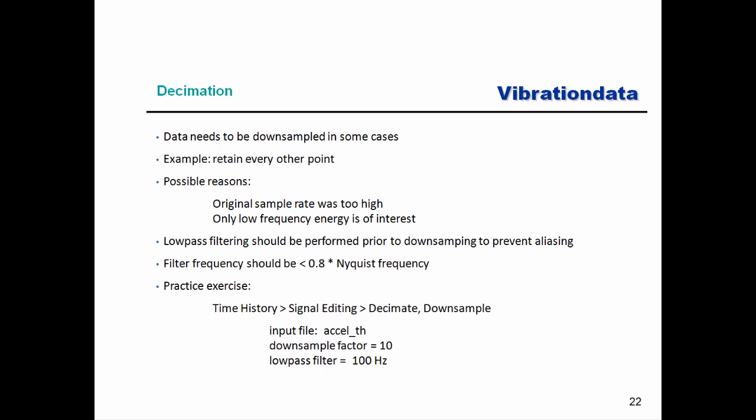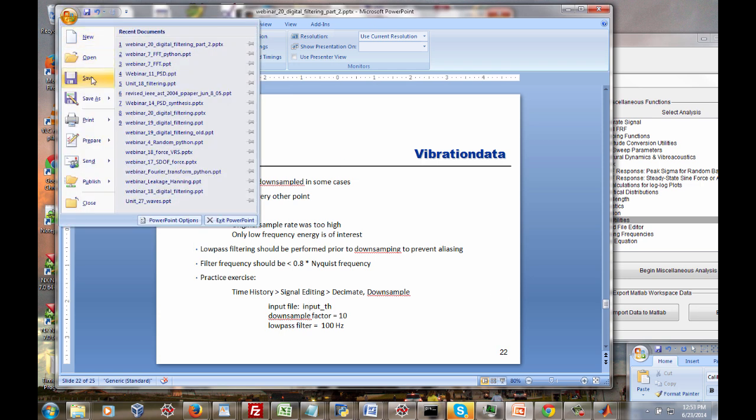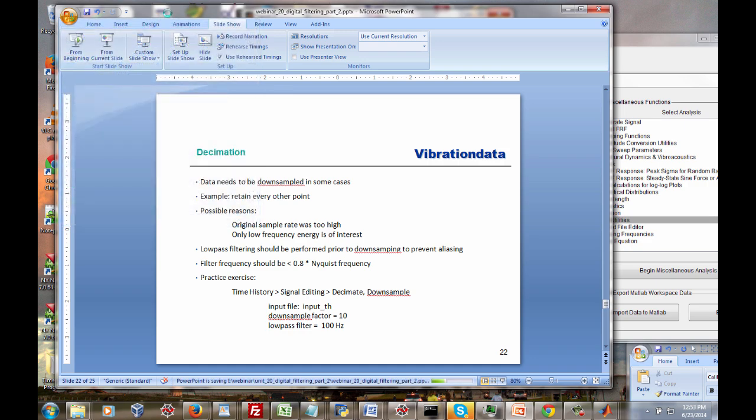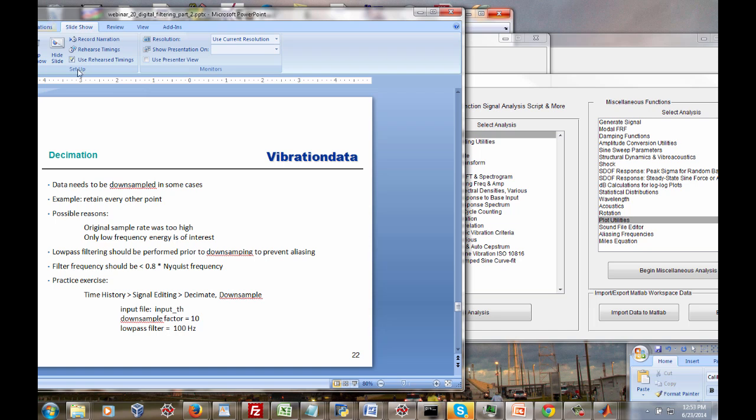So let's go ahead and do an exercise. This is a slide I need to fix. If we want to be consistent with the previous slides, I need to change this to input_th. But in my case, I'm going to have from our class exercise Excel_th. All of this is a way of saying we're just going to use that synthesized time history as our sample input. So we're going to downsample with a factor of 10, and we're going to low-pass filter at 100 hertz. And the low-pass filtering will actually occur before the